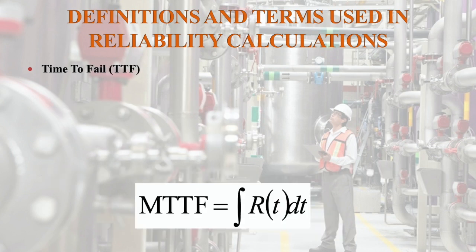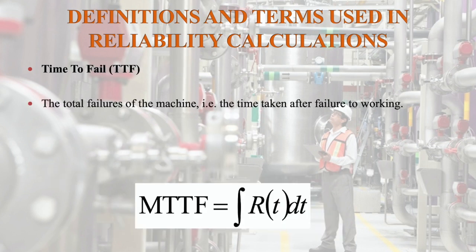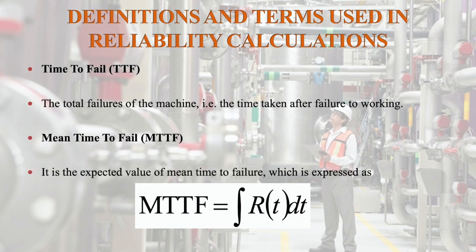Time to fail, TTF, is the time taken after failure to working. And then mean time to failure is the expected value of time to failure, which is expressed as MTTF, that is mean time to failure, equal to the integral of R(t) dt, where R(t) is the reliability function